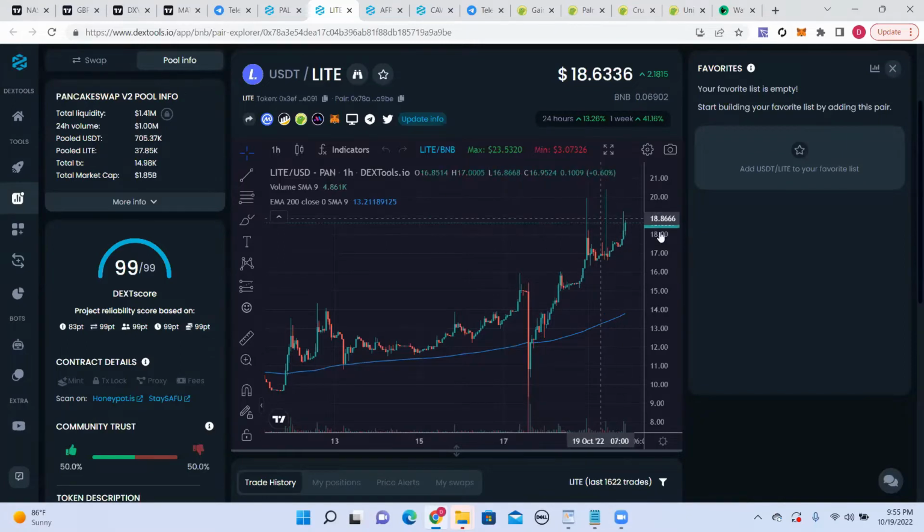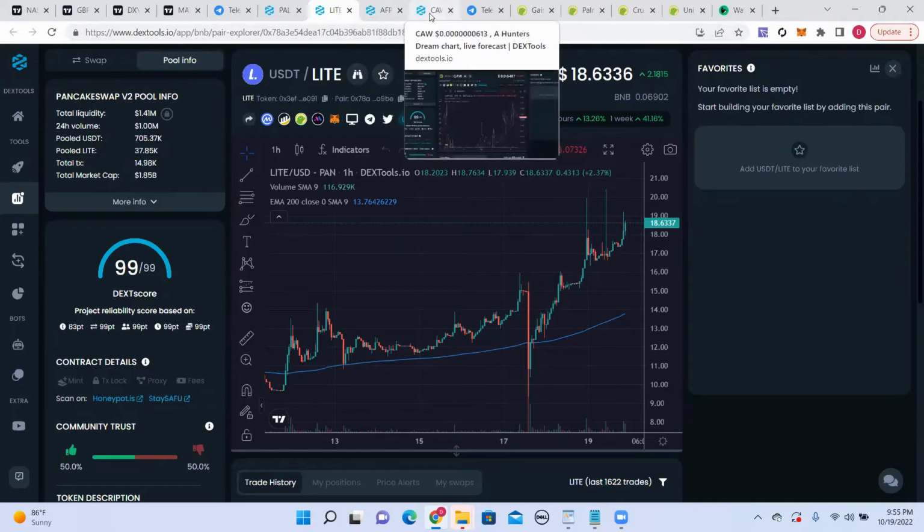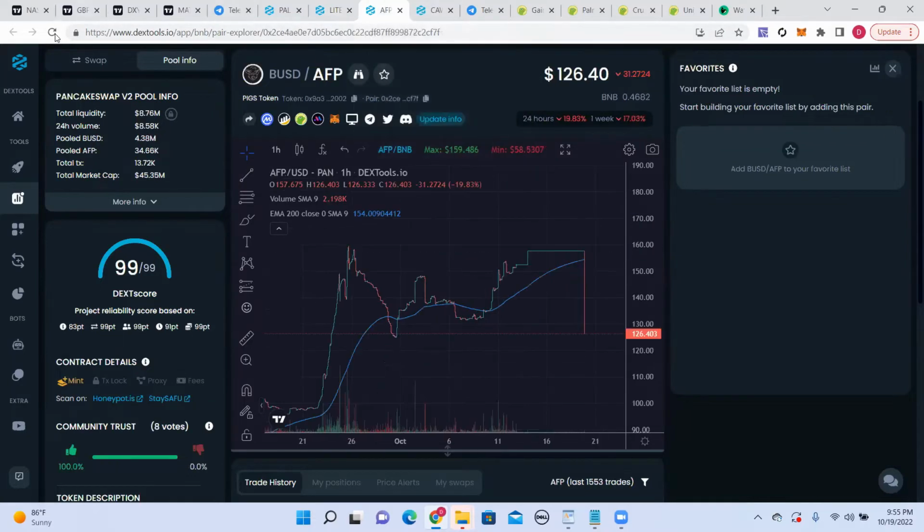So if you just followed this one that we mentioned last week live on the call, even if you just took it from here to here before this big dip here, that's still what, 30, 40, 50% gain. So, lots of money to be made on Dex Tool just by finding the trending coins. All right, another coin we talked about